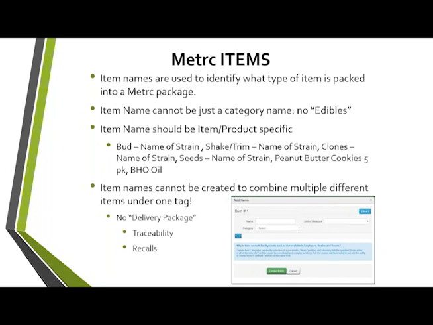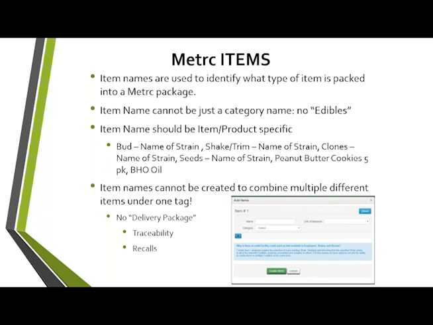We would encourage you to be as specific as possible. If you do have similar items, maybe one's a 5-pack, one's a 3-pack, but a similar type item, you would want to denote that's a 5-pack versus a 3-pack in that item name. That's helpful, one, for the inspectors when they're coming in, that they're able to easily identify what those items are and what they're looking for, but also it's helpful on your end for your employees to have a clear idea of what the items are.